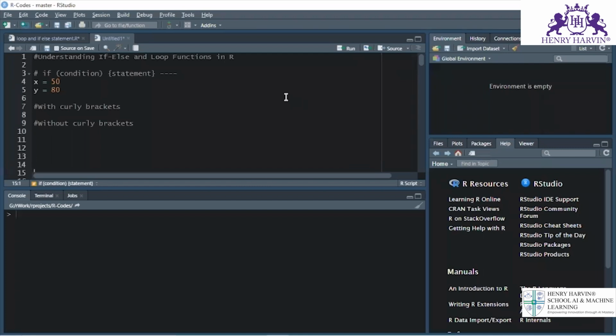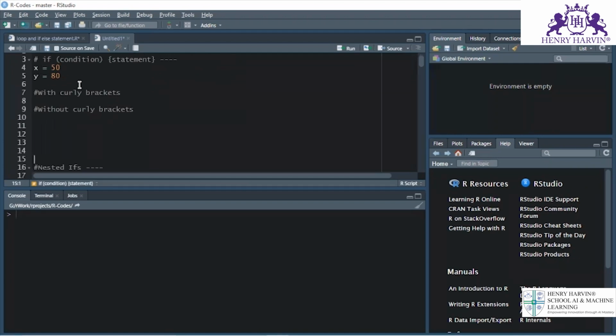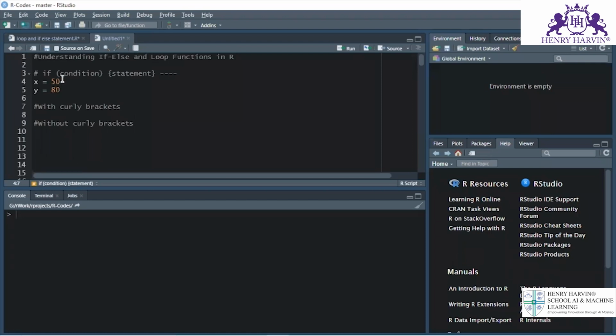Let's understand if-else statement in R. Now, I have taken two variables here. First is X, in which I have saved a number 50. And the second one is Y, in which we have saved 80. So these are two variables that have been created. We will use it to